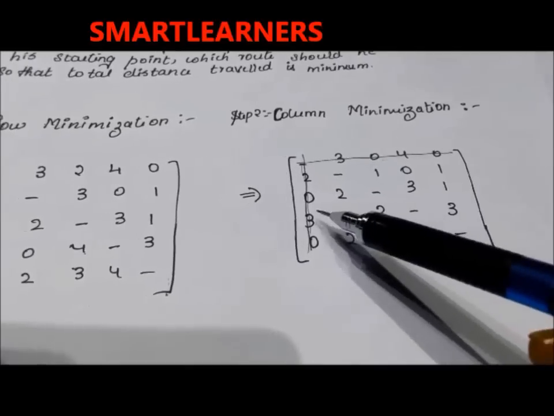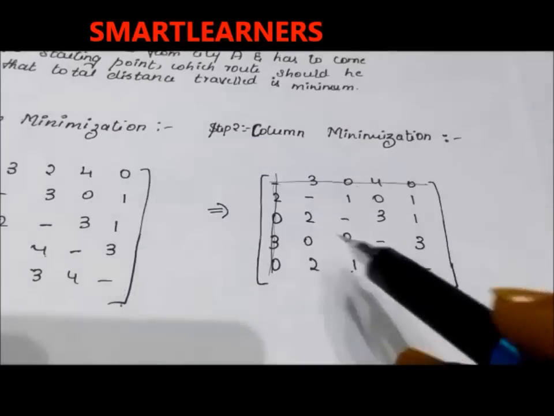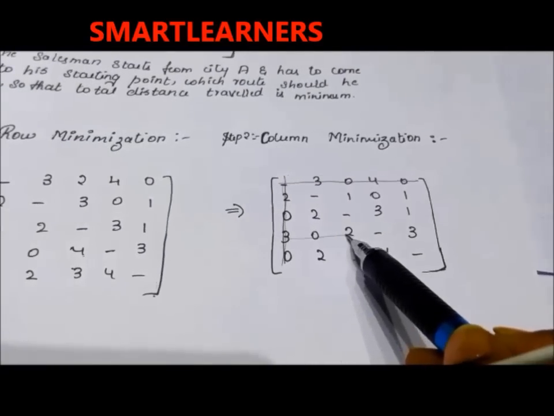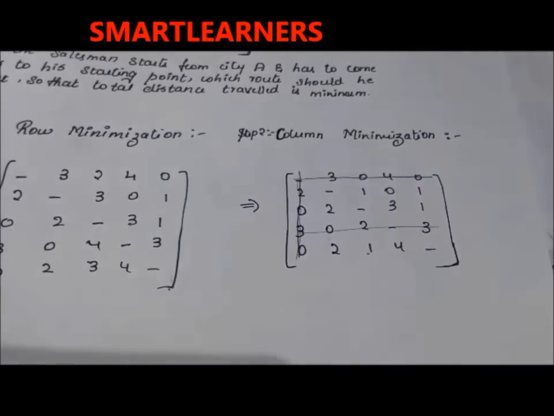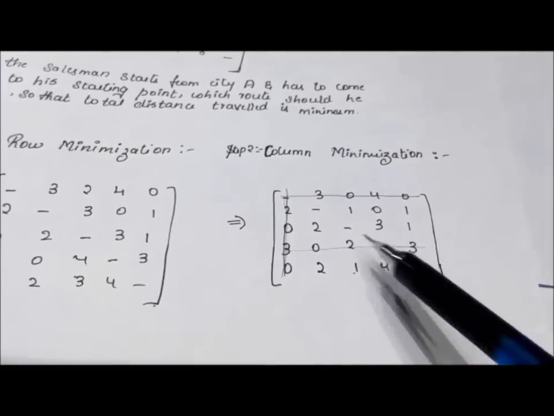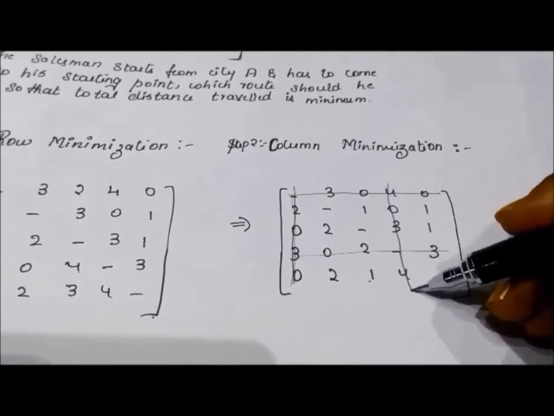Here for this particular zero, I can draw either this way or this way. Anyway, it is not going to make any change. So let me draw it this way, cancelling out this 0 like this. Okay, is there any other 0 left? Yes, here there is one 0. So either I can use it like this or like this. Let me use this way. So now we have joined all the zeros present here.